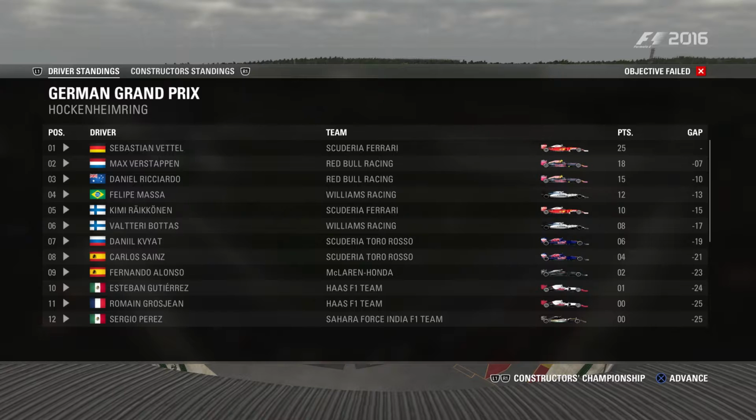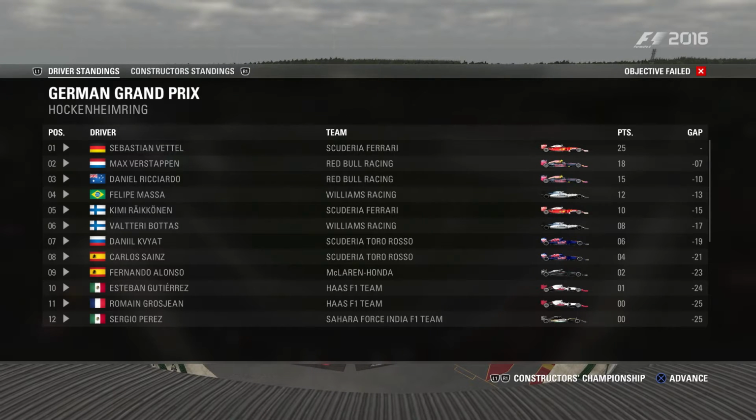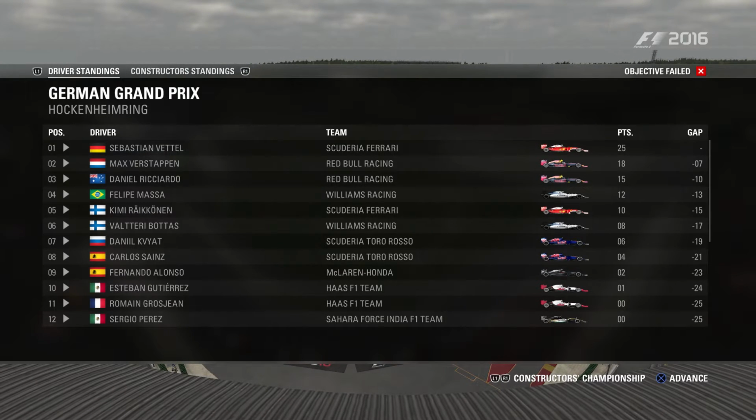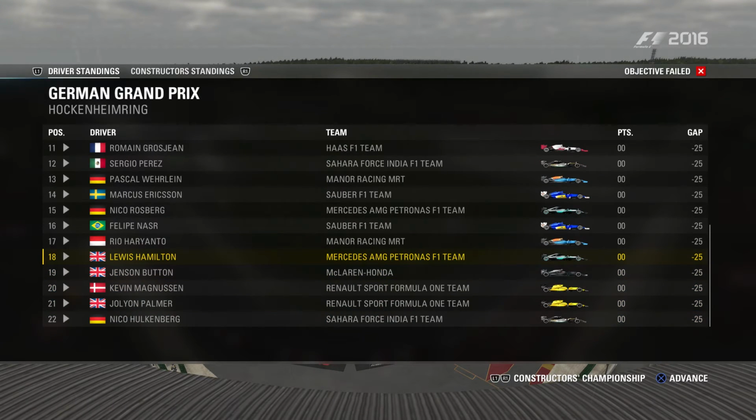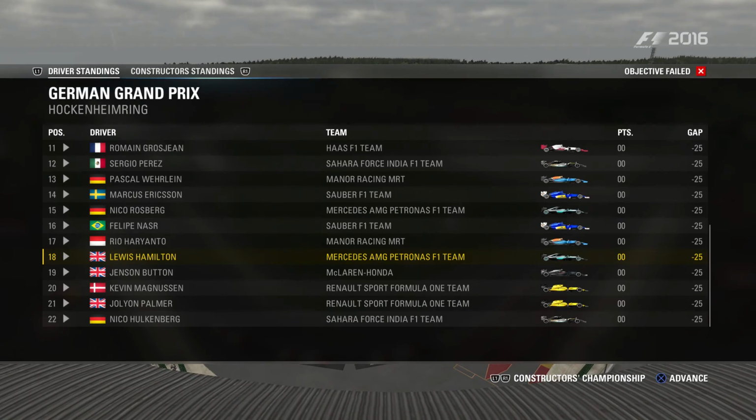And now I'd like to ask you, Anthony Davidson, who was your driver of the day? Well, Pascal Wehrlein was, for me, head and shoulders above anyone else today. He was decisive with his passing, he was aggressive with his strategy, and he's done a great job